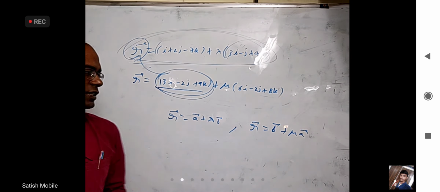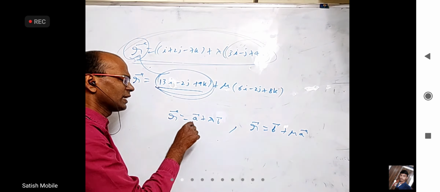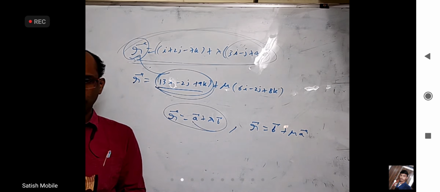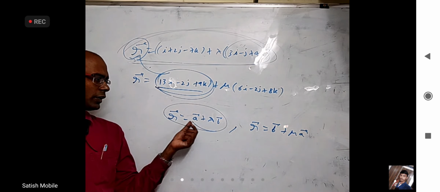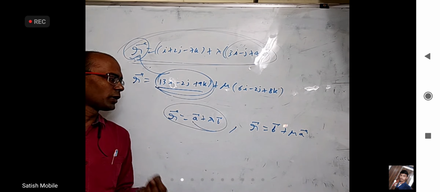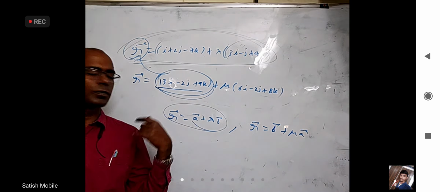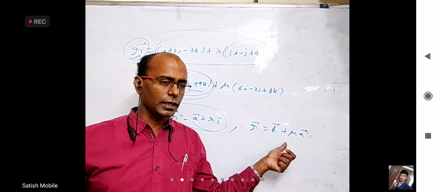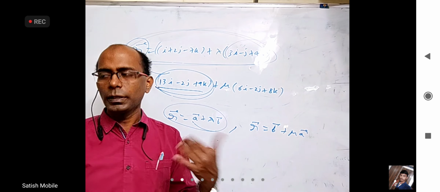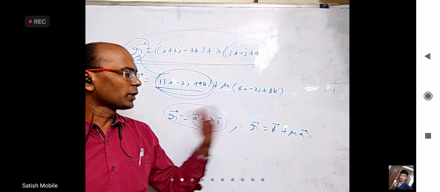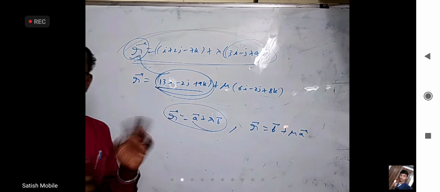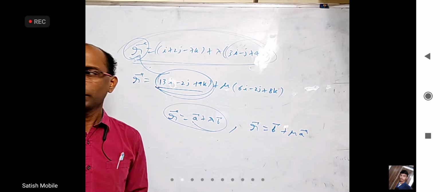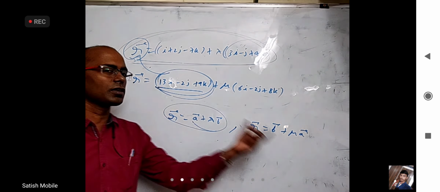Another way to understand this is, forget about this. Tell me the position vector of different points on this line. Anybody? A bar is there, a bar plus 1 into b bar, a bar plus 2 into b bar, a bar plus 3 into b bar, a bar minus 5 b bar. What is the position vector of different points on the other line? B bar plus a bar, b bar plus 2a bar, b bar minus 5a bar. Do you find anything common in the list of this and this? A bar plus b bar. Here also you said a plus b, here also you said b plus a.